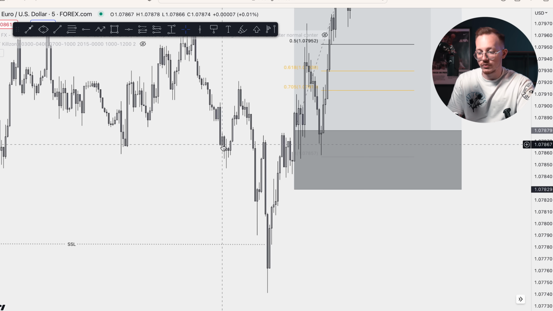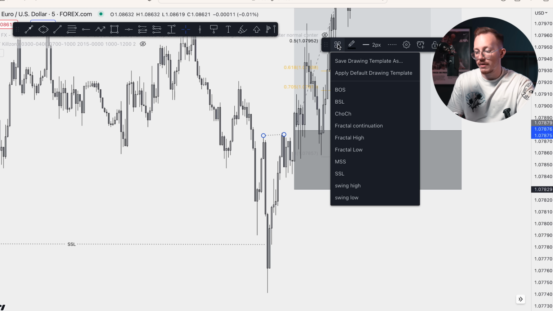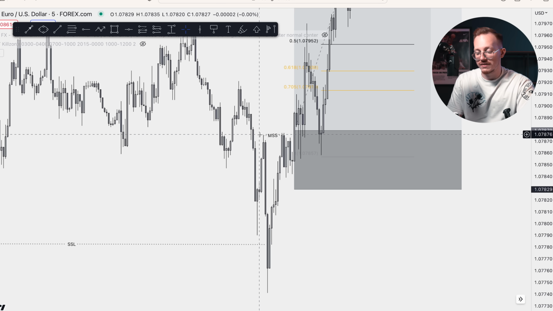So basically on the 5 minutes, we had a market structure shift happening right here. Basically, we broke this previous high. And a market structure shift, guys, is whenever you are going from lower highs and lower lows to higher highs and higher lows. As you can see in this example right here, we broke this previous high that created the